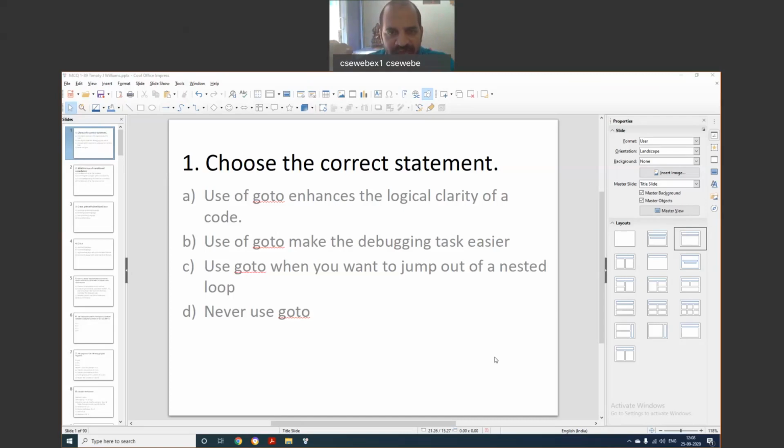So goto L1, L1 is my label. Or goto down, down is my label. Goto up, up is my label. Goto some XYZ, XYZ is the label. Okay. The label shouldn't be used for any other purpose if you are using it as a label. Right? This is clear? Right. We'll go to the next program.